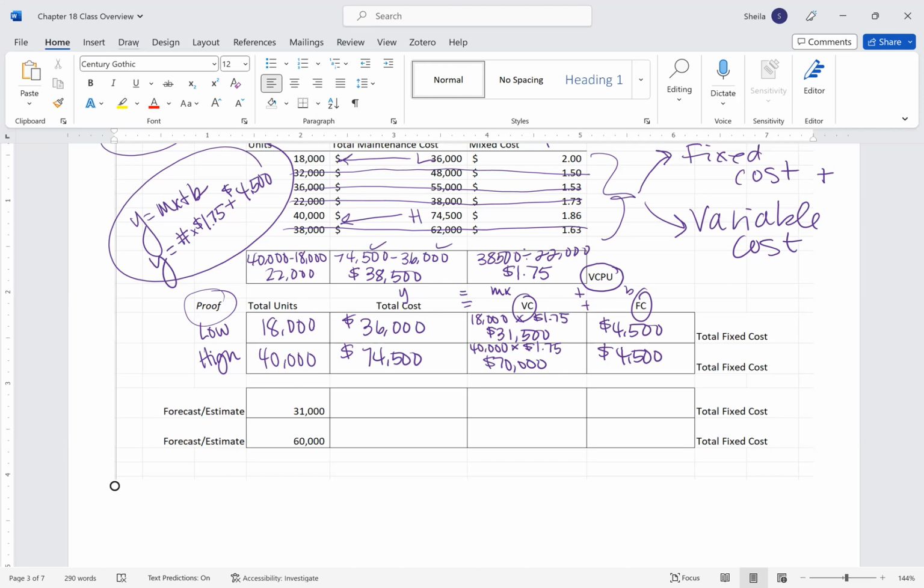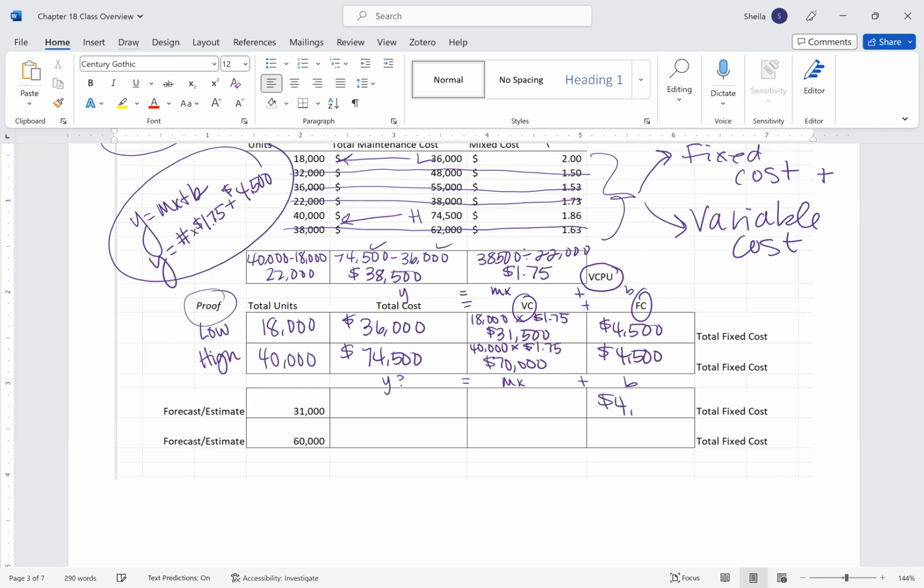So once I know the model, now I can move in and I can actually do a forecast, okay? So I've got two numbers here. I've got my boss coming and saying, hey, what if we estimate 31,000 units? What are my total costs going to be that are mixed, okay? What's the portion that's variable? What's the portion that's fixed, okay? What's going to vary as my activity changes versus what's going to stay a fixed cost? So a couple of things. I'm trying to find what is my Y, right? But my Y equals my MX plus my B. I know what my B